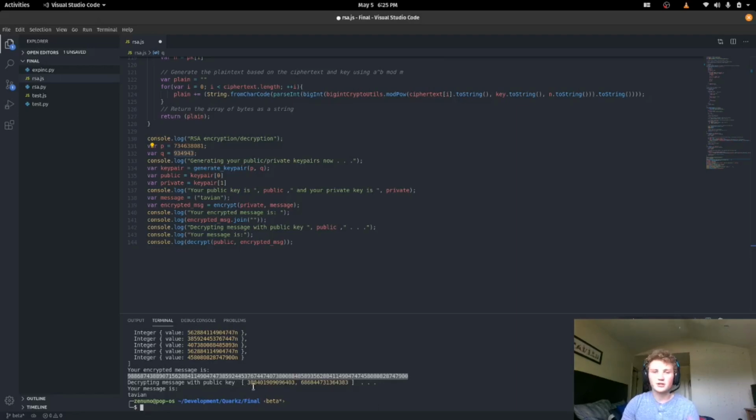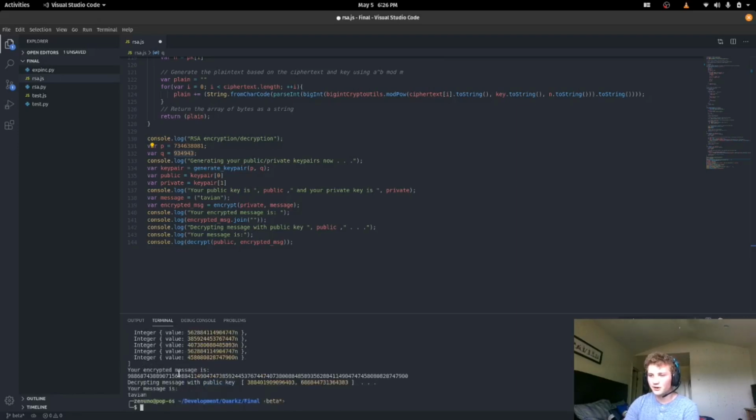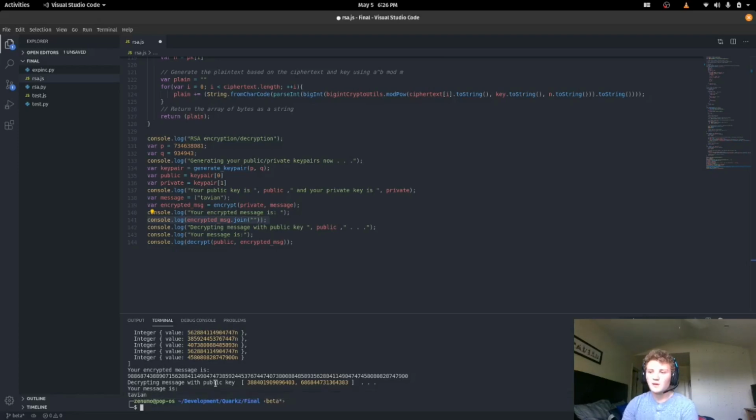And then when the person on the other end gets this encrypted message with the private key, they're decrypting it with the private key. That should say private, I'll fix that. So we're doing the encrypted message to the power of D mod n, well, not the encrypted message. We're taking each point of it and decrypting it, and that's this list right here. I just joined this right here, as you can see, so that we could see what it would look like. So it would be this list, and we decrypt each letter, and we get that our message is Tavian. That's my RSA